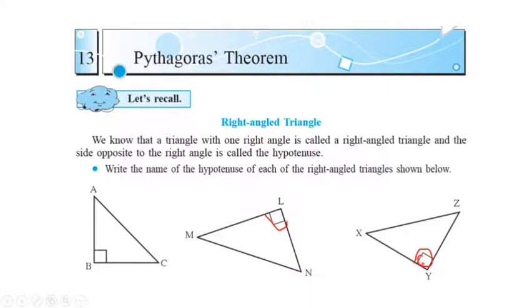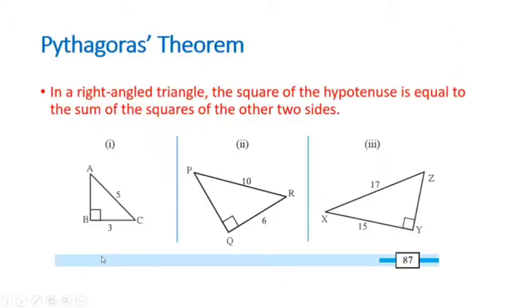Always remember, a Pythagoras theorem is applied only on a right angled triangle. So when there is a right angled triangle, that time only we can apply it on it. You cannot apply on any kind of triangle, acute angle or an obtuse angle triangle. It always has to be first of all a right angled triangle. Here there are three examples of right angled triangle.